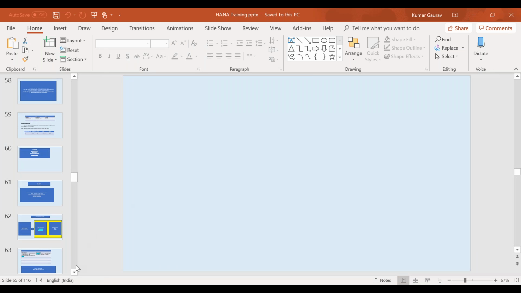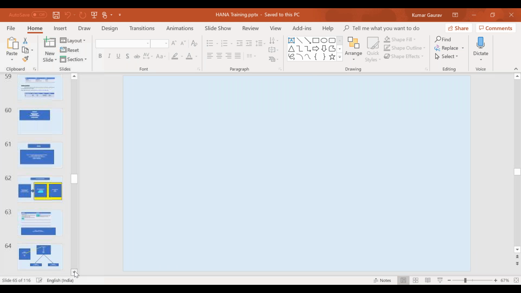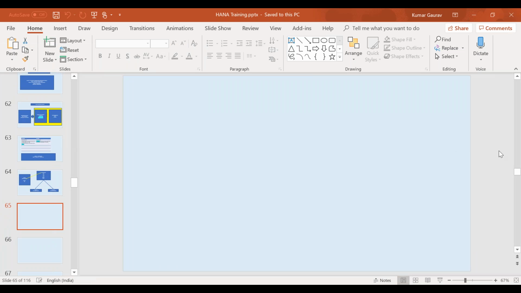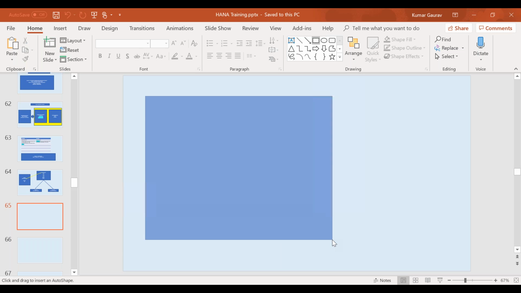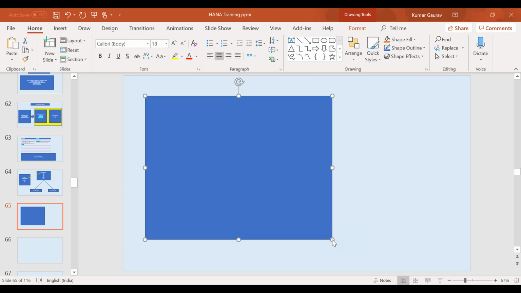Okay, so today we will see the different kinds of statements which we can write inside the SQL containers. The first one we will see is the declare statement. Declare statement is used to define variables.